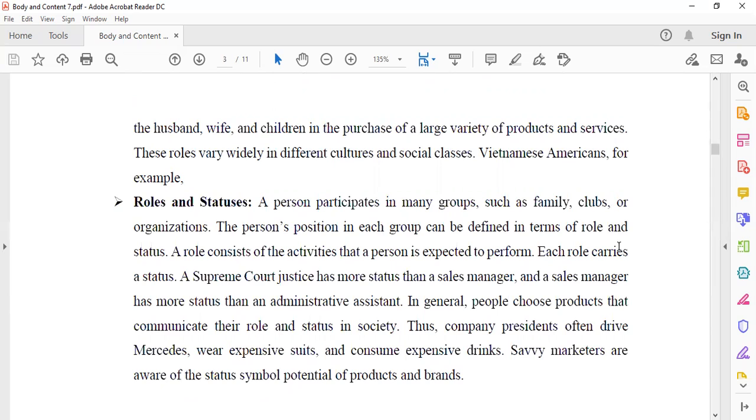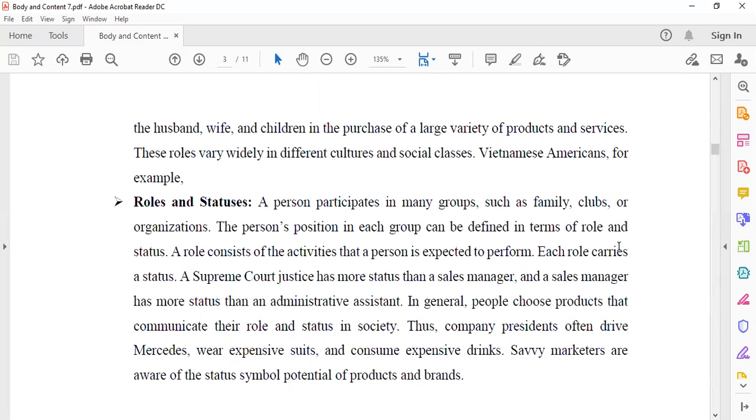Another example of a social influence is social roles and status. Within a society, there are roles that a person is expected to play. The person's social status places him in a position, and that position is expected to come with a kind of lifestyle. And this social status becomes a reason for the person to consume certain kinds of products.